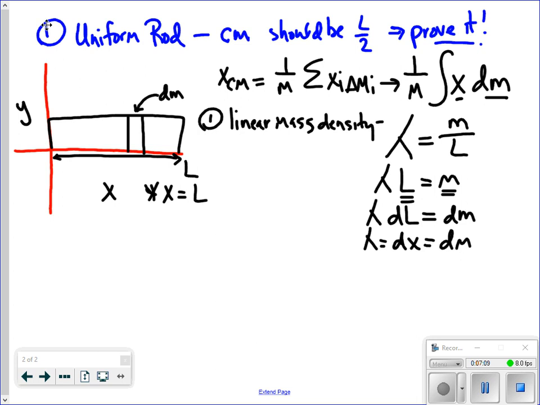I'll change colors for that. Let's go to green. That sounds kind of fun, right? So number 2. All right, let's start with our calculus expression. If we're going to find the center of mass, we're going to take 1 over the total mass times